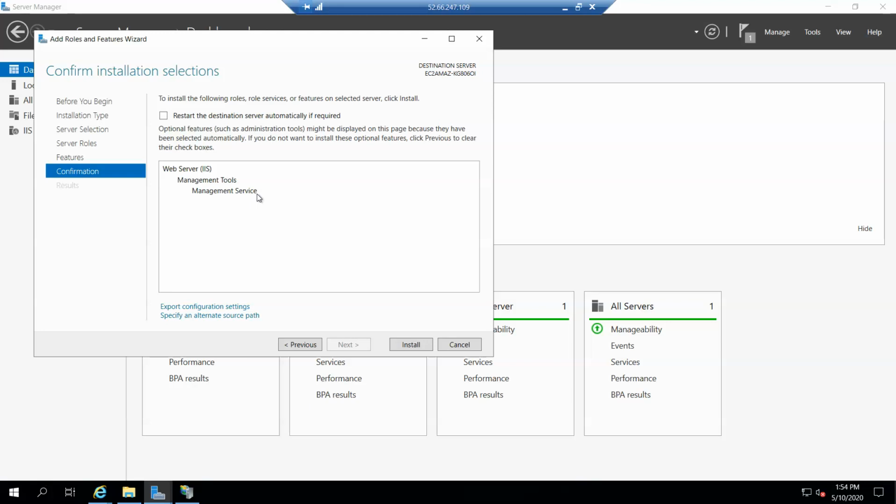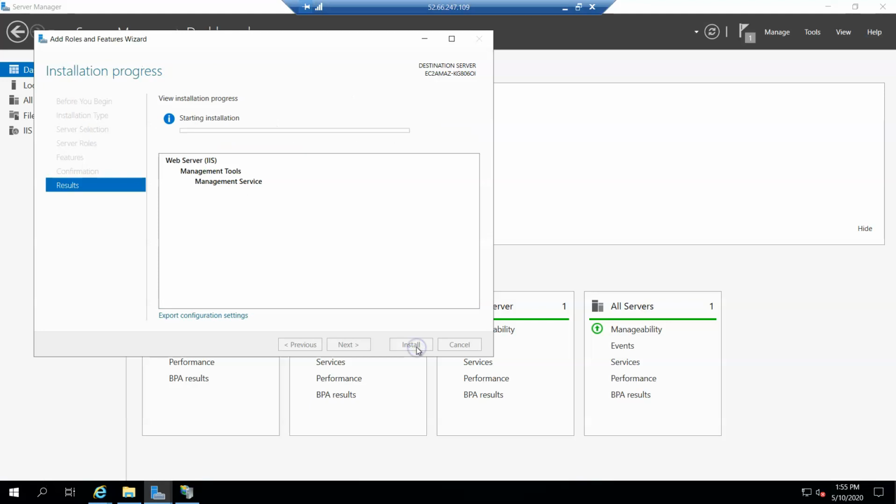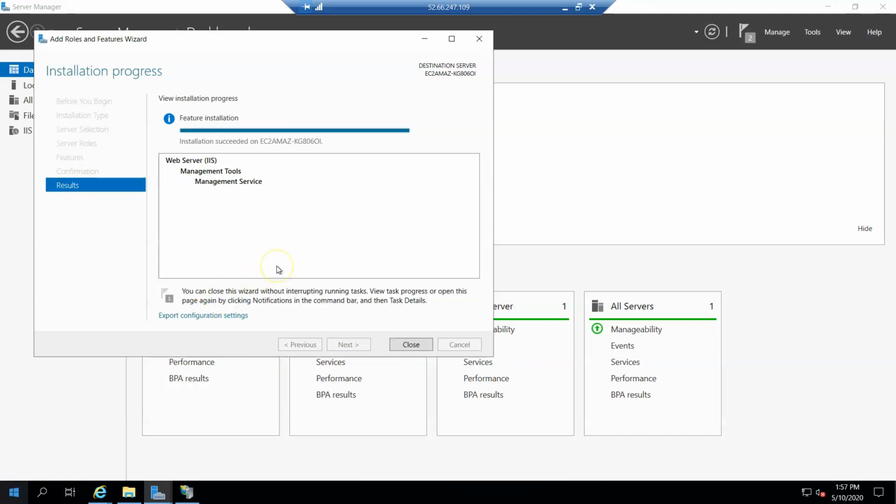In case you want to simply copy the relevant files to the IIS, then you can directly do that. But here my approach is different. Even through FTP you can do it directly by exposing one folder through FTP. But here I want to do it directly from Visual Studio to your IIS deployment. So just simply click on install, let it install. It takes a few minutes, approximately less than 2 minutes. It installs successfully, and then close this.